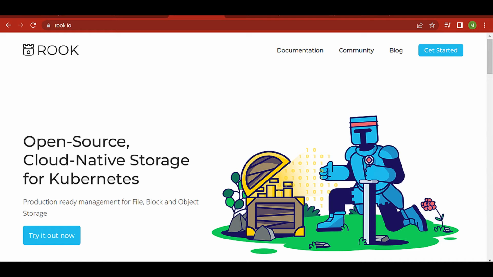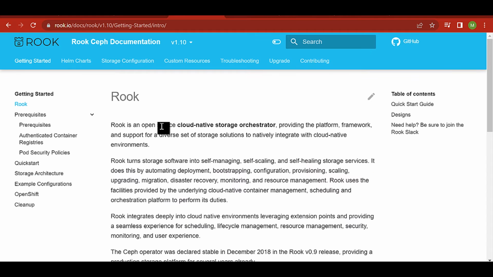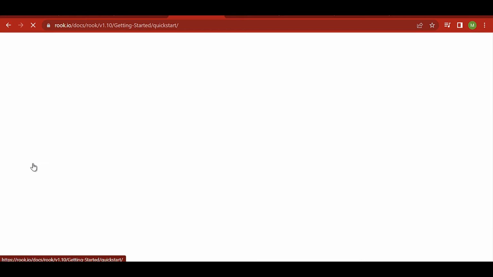Installation of Ceph is difficult. So there is one open source project available called rook.io, or Rook Ceph. What they did is take the entire Ceph module and make it Kubernetes compatible. So we can install it with a bunch of YAML files. You can install Rook Ceph, or Ceph, in our systems, so we are going to use this. This is the website, and go to the documentation, Ceph, and we'll see the quick start guide.